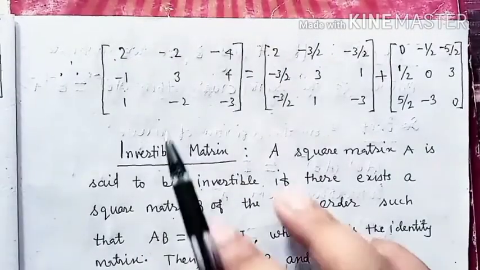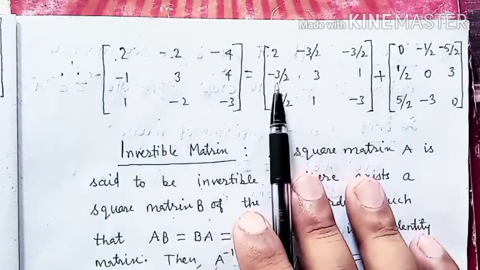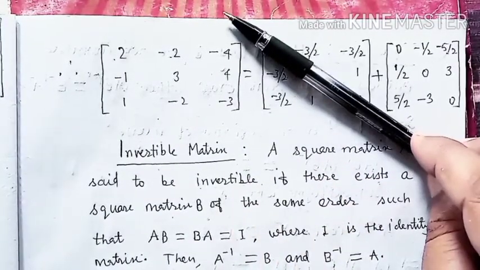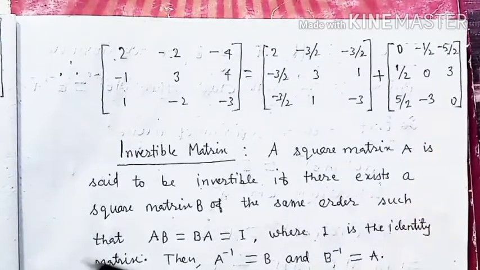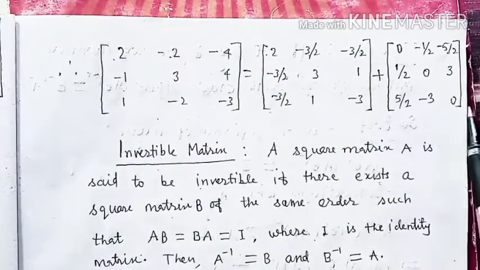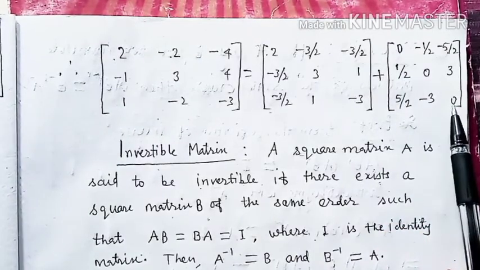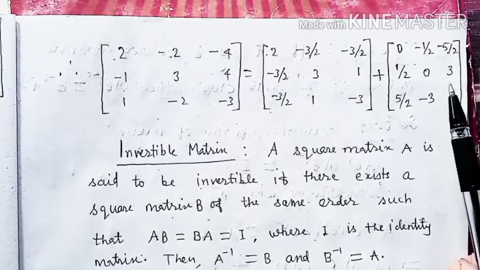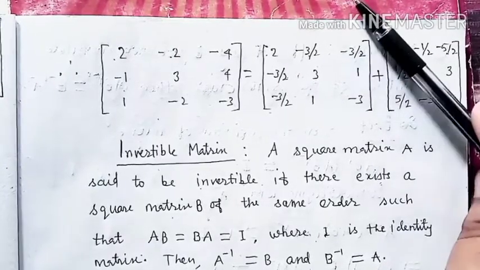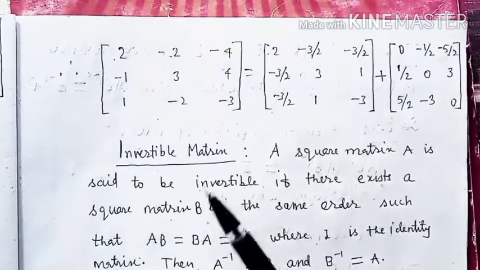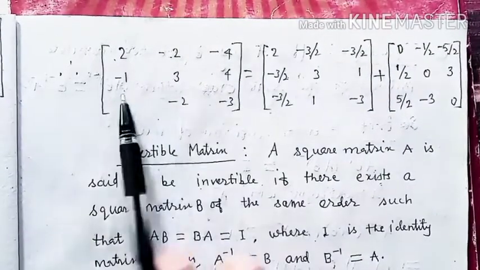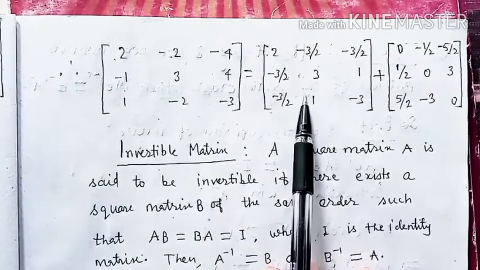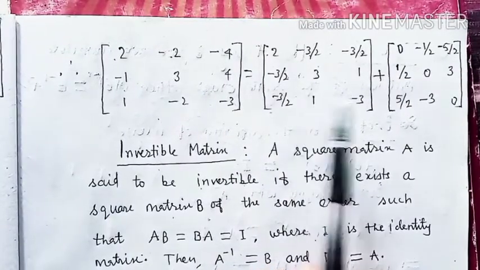So this is our given B, and you can see that this is a symmetric matrix because elements are mirror images of diagonal elements. This is a skew symmetric matrix because you see that here diagonal elements are 0 and the rest of the elements are negative mirror images of other elements. So we can represent any square matrix in the form of the sum of two: one is symmetric and another is skew symmetric matrices.